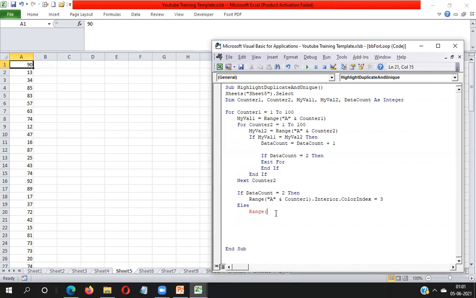Okay, so here I'm writing Range counter, sorry, counter1 Interior.ColorIndex equal to 6, and End If, Next counter1.